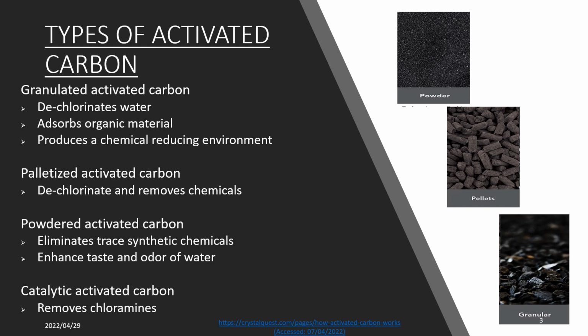Ladies and gentlemen, we have four types of activated carbons that we are going to discuss in this slide. The first one being the granulated activated carbon. This form of carbon is commonly used to dechlorinate the water and also absorb organic material. The second type mentioned in the slide is the pelletized activated carbon, which also dechlorinates the water